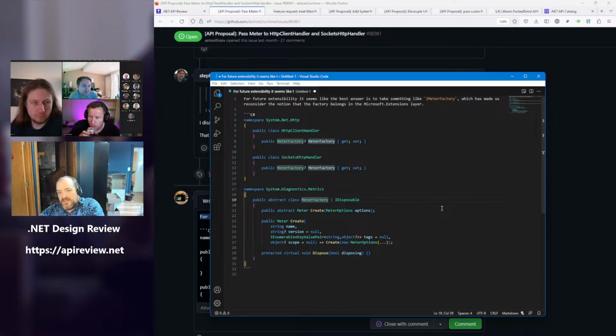So that's a question of, is it a behavior for a meter factory or for the DI meter factory? Maybe we just go back to Steven's original proposal, just move it down as is, call it good. Because then it's like, should all that behavior actually be in the base meter factory, maintaining the cache and doing the checks? Well, if the caching based on meter options is a thing that it's supposed to do, then the base class should do that, and then it already has the list and it can write the dispose. And a derived type can certainly override dispose to not call the dispose if it wants.